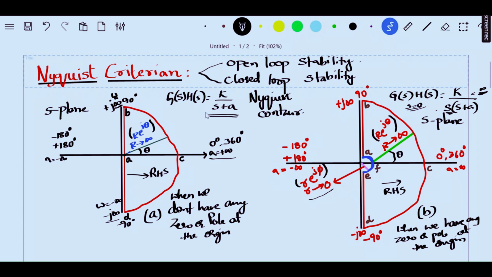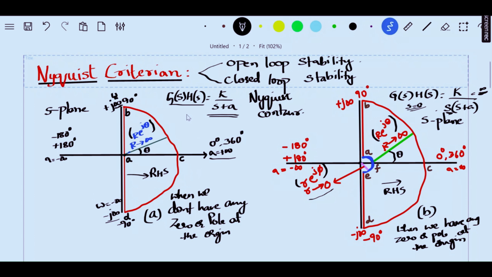Whereas in this case, if s equals 0, you don't get an infinite transfer function. You don't get g of s into h of s, which is the open loop transfer function, becoming infinite in this particular case. And that is the reason we can traverse the transfer function through the origin. Understood? So this is the reason why we take this contour as a foundation when we have an equation